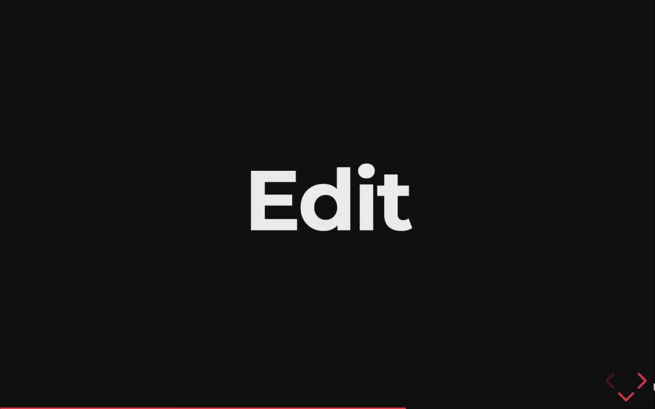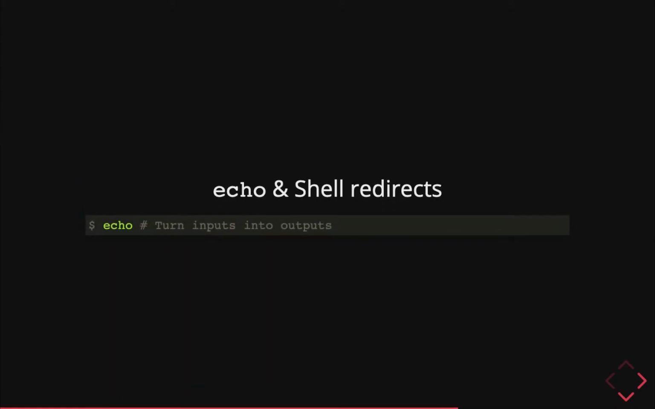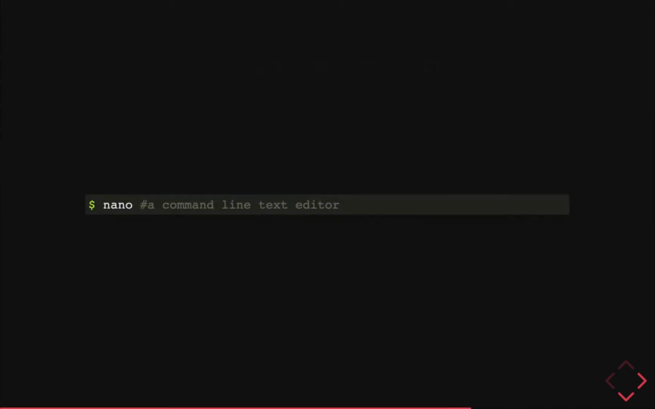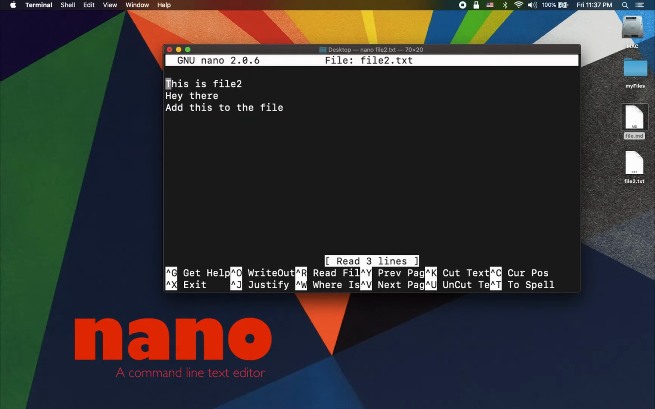Alright, so you can open a file, edit it, you can echo something into it using command redirects, you can cat something into it using command redirects, and if you don't want to leave the command line, you can use a command line text editor called nano, file2.txt, and this is going to open a text editor inside the command line for you. You can't use the mouse here, so you can just use your keyboard,